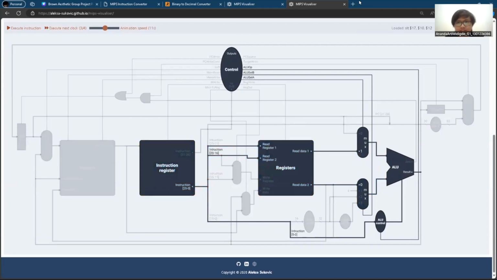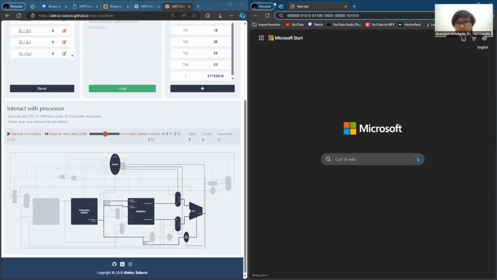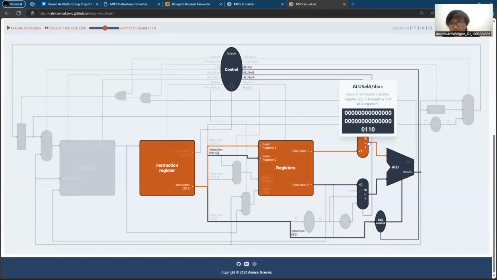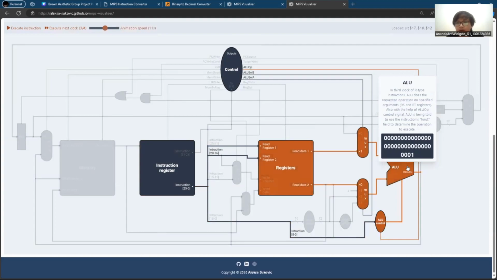And the last 6 digits that I mentioned before, 101010, will go to the ALU control. So the RS value will go to this MUX, the RT will go to this MUX, and the last 6 digits, or the function digits, will go to this ALU control, and all of that will meet in the ALU.